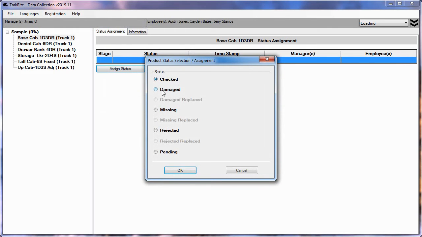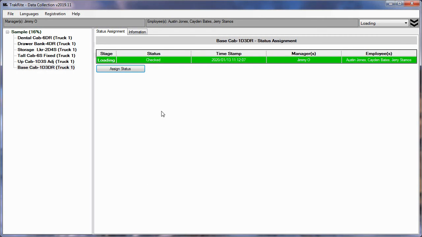Right now we have the different statuses available, such as checked, damaged, missing, rejected, or pending. So the first one, nothing went wrong. Let's just go ahead and click checked. So it tells us the exact timestamp that we checked it, the managers and the employees. On our tree view, if I click off of it, we can see that it is in green, indicating that